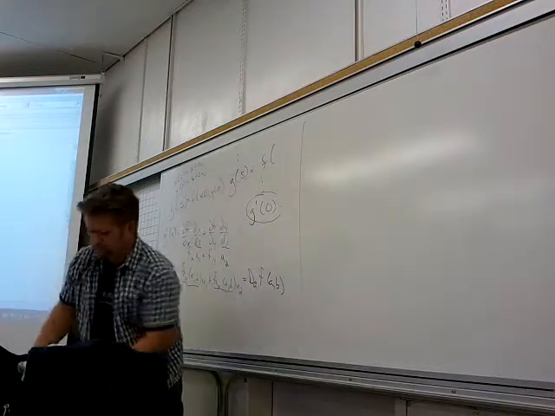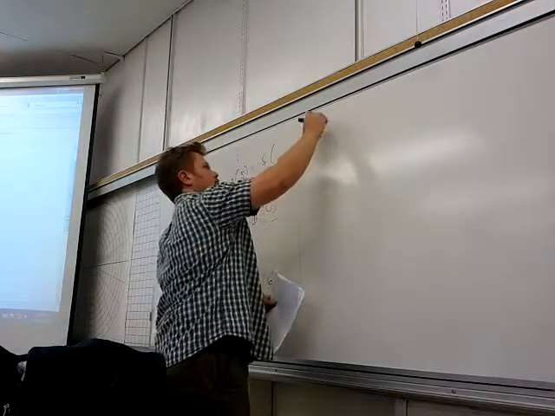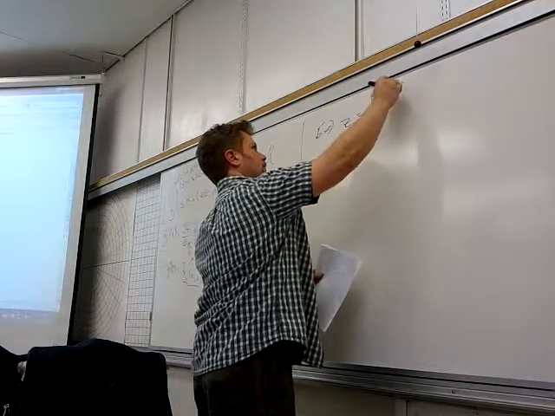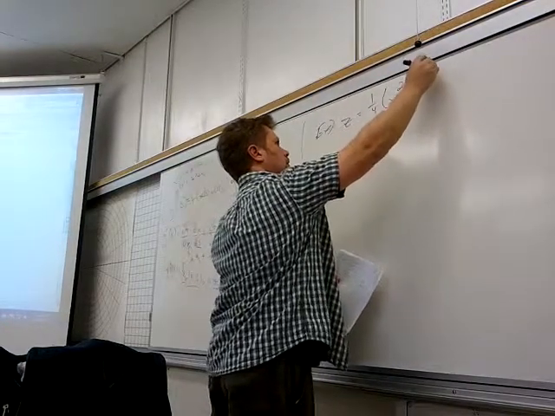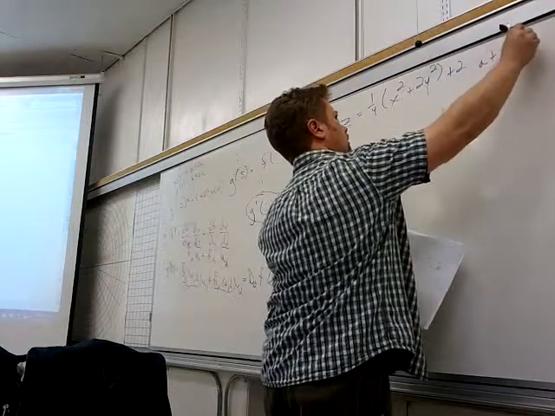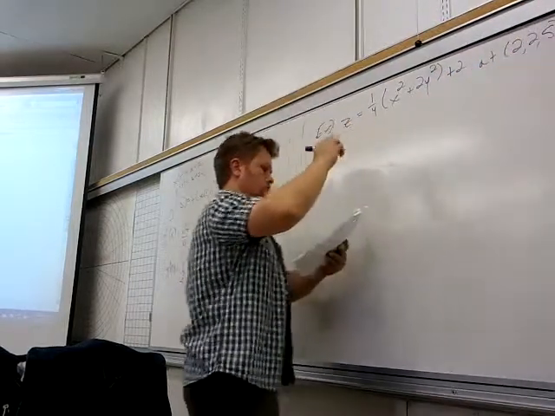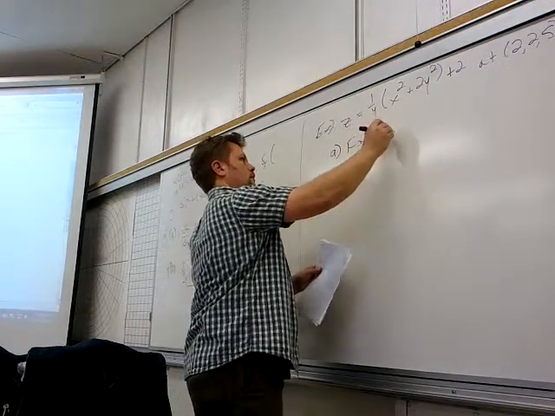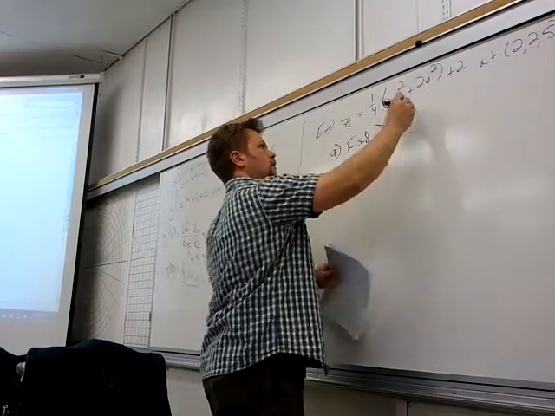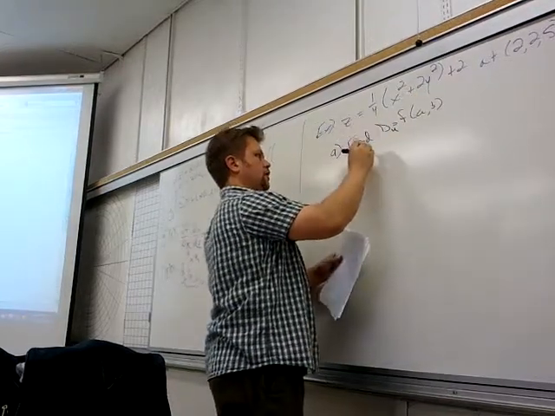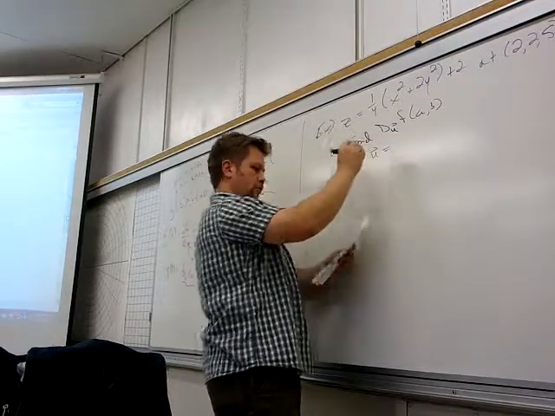So let's see. Here we go. Let's do this example. Find the directional derivative of f at AB in the direction u equal to